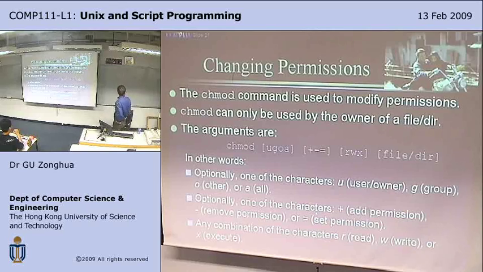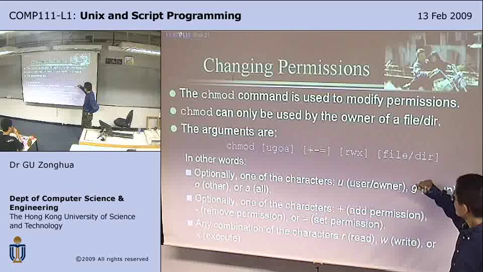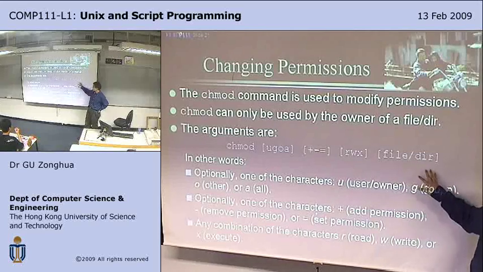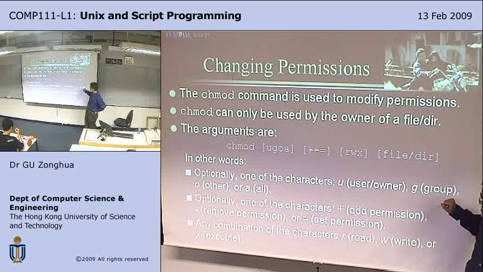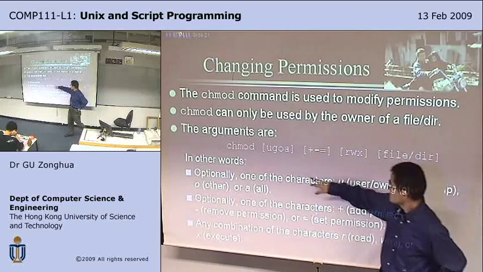Changing permissions. So chmod, which stands for change mode, is used to modify the permissions. So chmod can only be used by the owner of a file or directory. So the arguments are, so first you have the file or directory name, and you can say u,